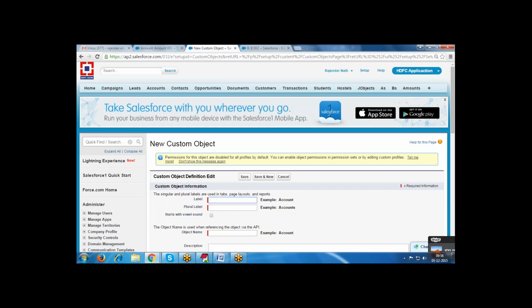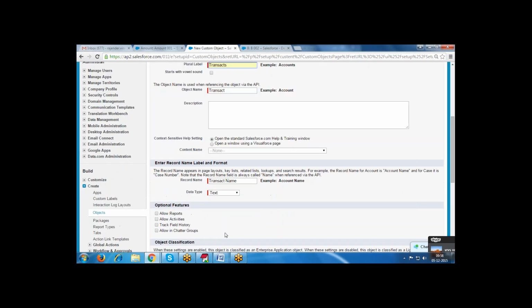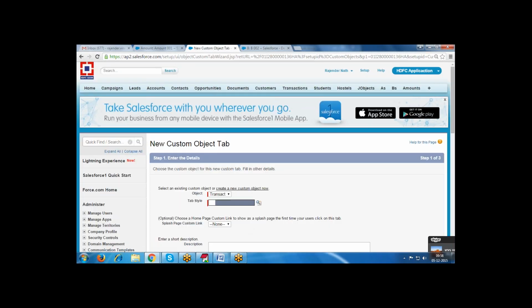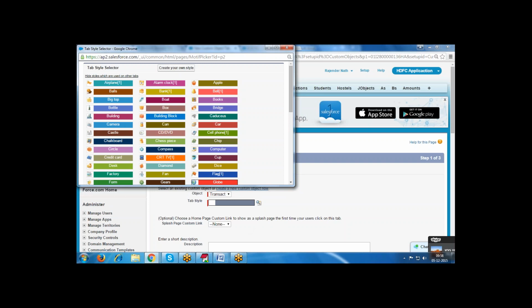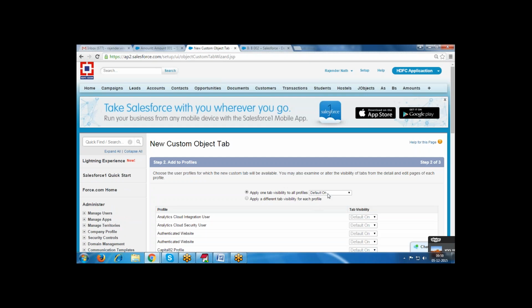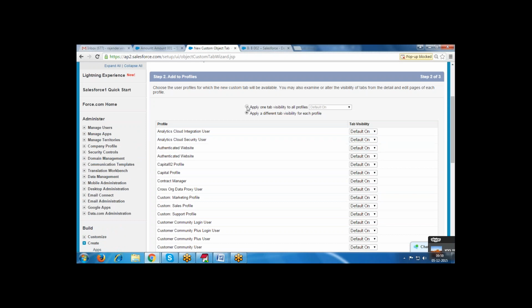I am creating transact. Tab visibility for all the profiles is default tab hidden.